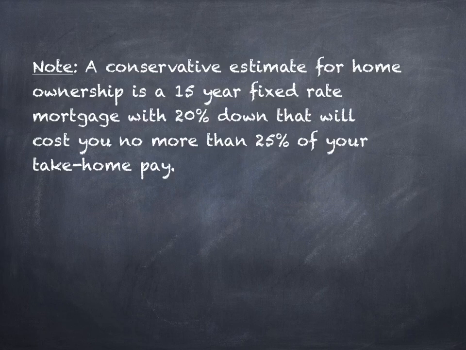So we want to make sure when we're looking at these numbers, because I will tell you, typically speaking, lending institutions will let you borrow more than half of your take-home pay as your mortgage payment. So let's say, for instance, that you made $10,000 a month. They'll let you borrow about $5,000 a month worth of a mortgage payment. And that may sound like big numbers and that should be fine, but the problem is with a bigger mortgage usually comes bigger electricity and bigger gas costs and bigger a lot of things.